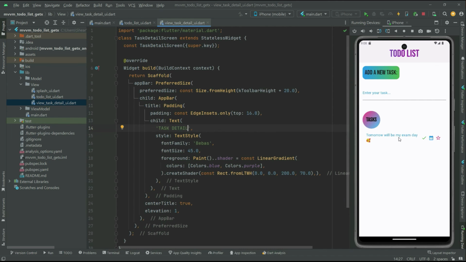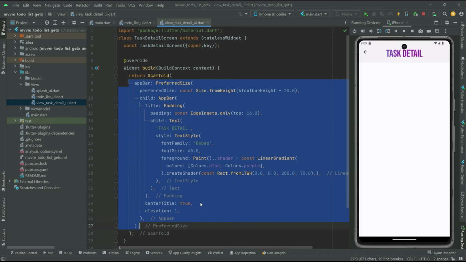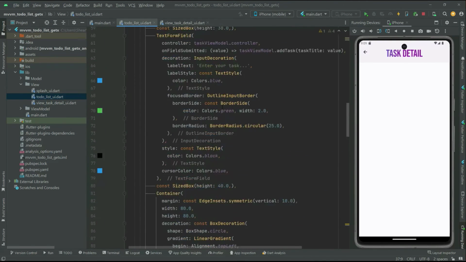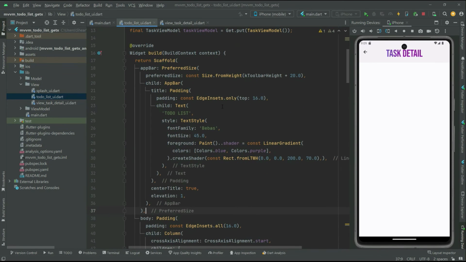So come over here, tap on it, and boom, there we go. You guys can see over here the task detail over here with a beautiful elevation. It's right in the center, and with the text background color over here, the green and gradient color, okay, blue and purple, and all of thing over here. And I have already explained each and everything, this line of codes over here, right back in the to-do list UI above in here, so there's no need of explaining it again. Okay,